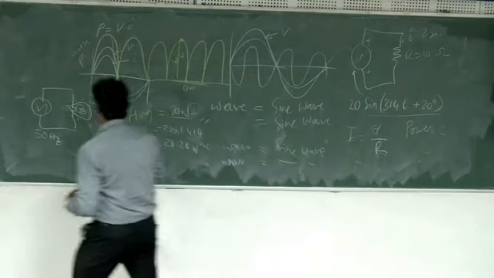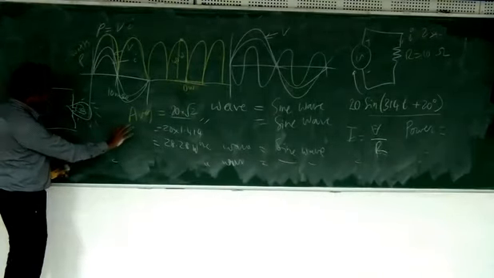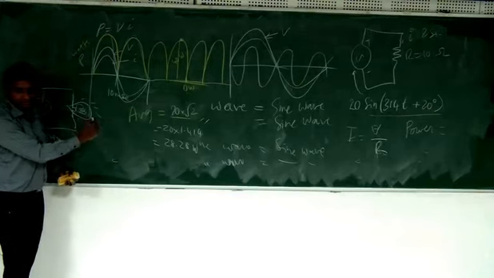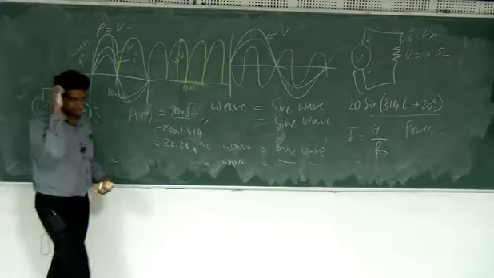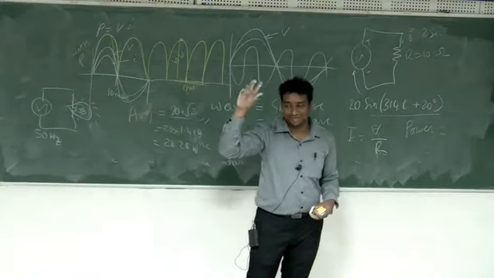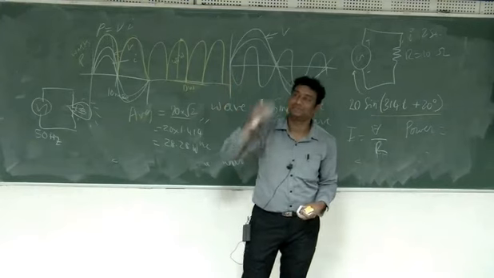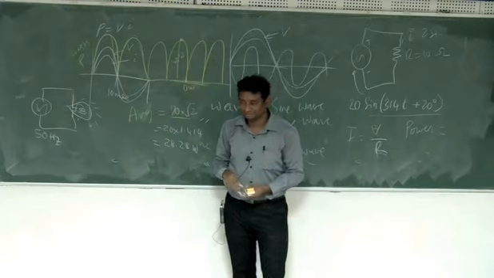So my question is, what happens to the brightness of this lamp? Is it continuously the same brightness, or is it changing? But do you notice that? When you walk outside, you have an AC lamp connected to AC. And when you see it, you don't notice it flickering. Why?